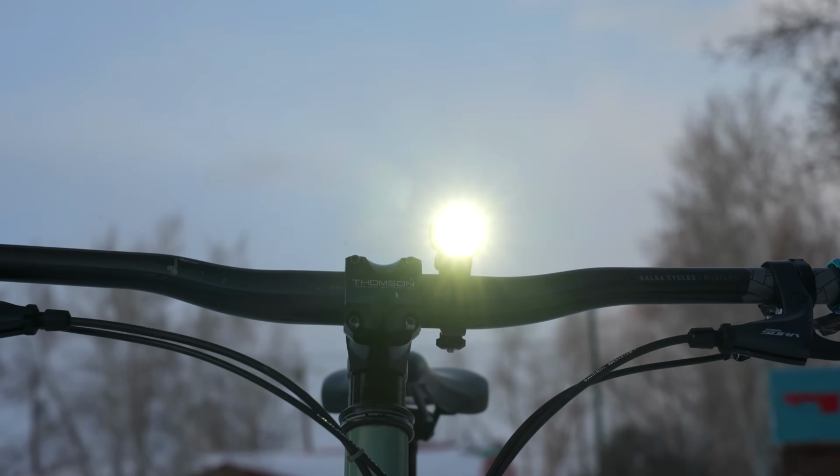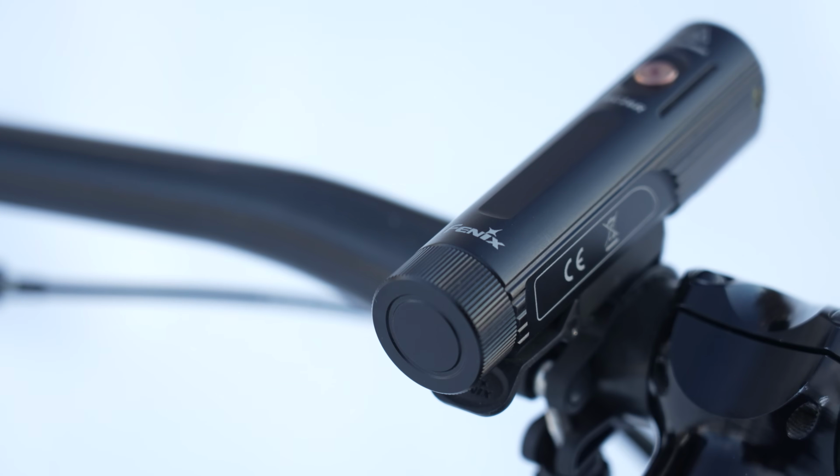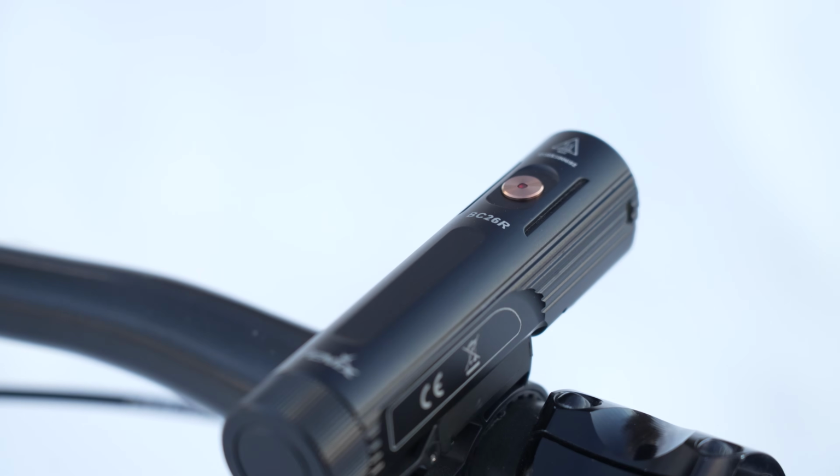Longer battery life with more lumens. Yeah, I bought it right away. I use this light not only for my nighttime rides, especially around the winter solstice time when I need to pick up the kiddo at daycare, but I also use it during the day on flash mode, just to be